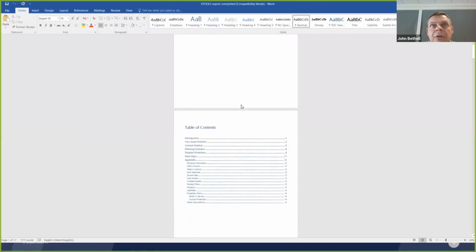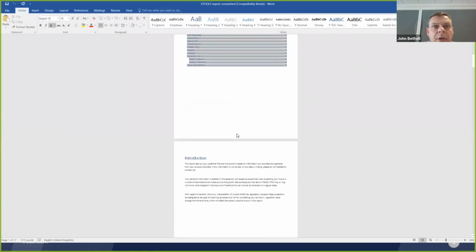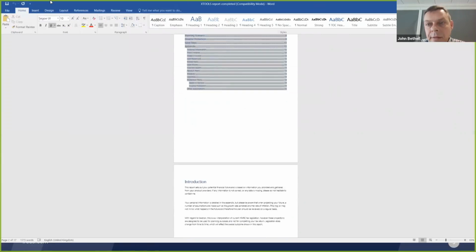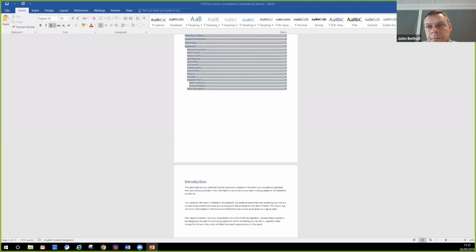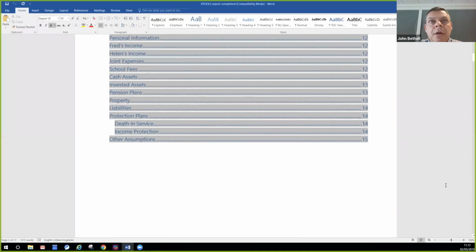That produces an updatable table of contents. That's very, very small. Let's see if I can just expand that. Okay, there, sorry. That's a better size, even I can read that now.